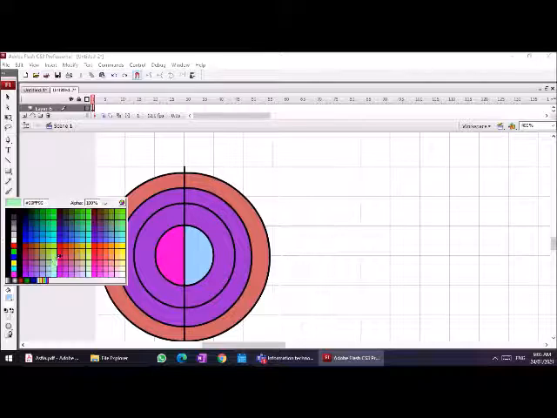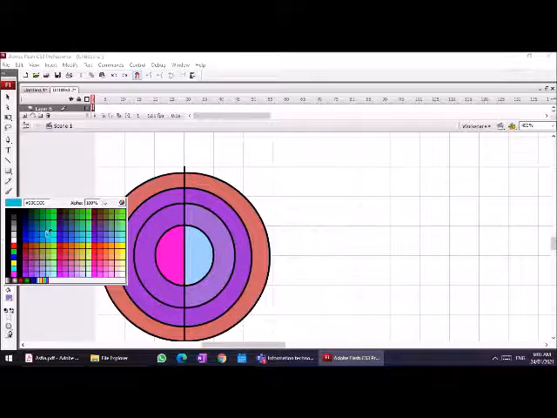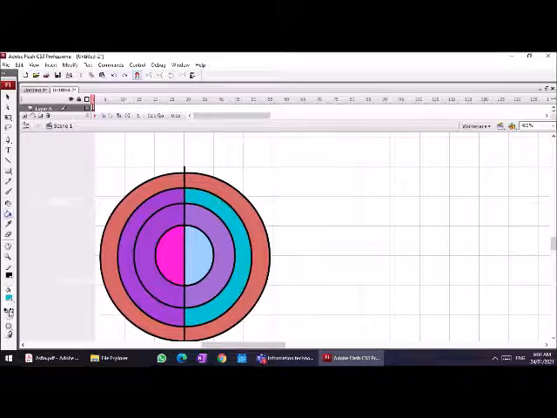Even just simply drop the line and color it like this. And then afterwards, you can simply delete the line.